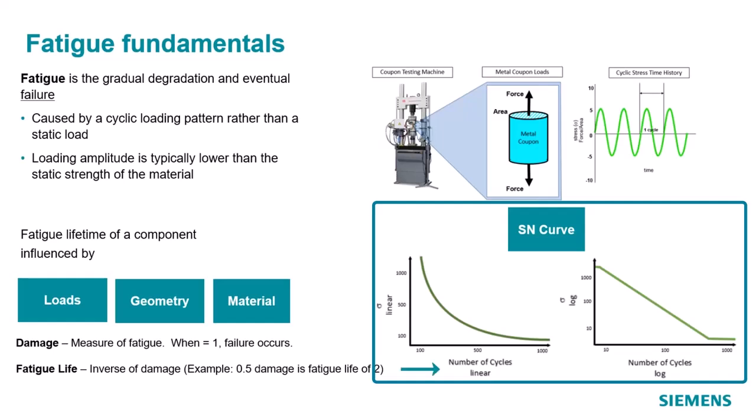So in this case, the x-axis is number of cycles and the y-axis is stress. And this typically has a shape like this. It has an exponential decay shape where as we increase the stress levels, the number of cycles to failure is reduced. So when the stress is about 100, the number of cycles to failure is about 1000. And then when the stress level is about 1000, the number of cycles to failure is about 200. So they are inversely related, the S and N.